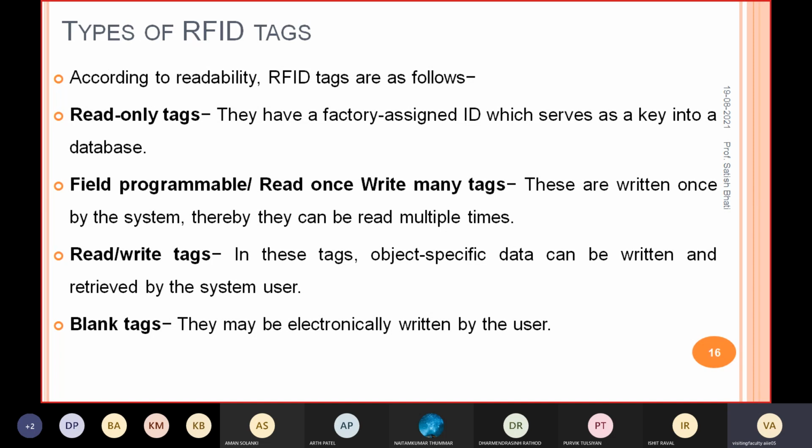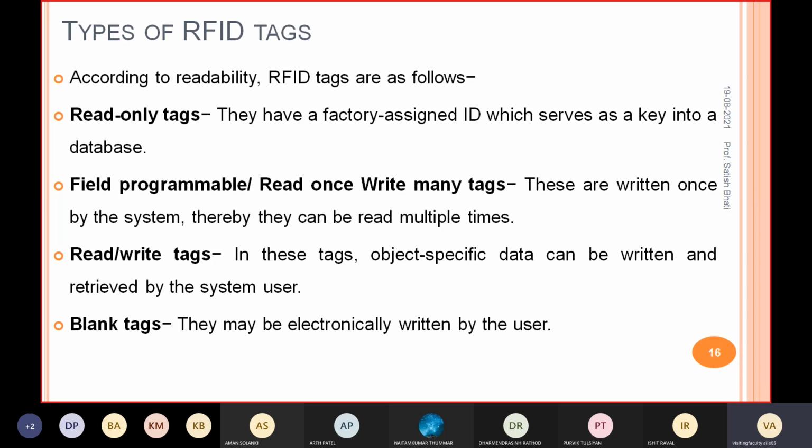Some RFID tags only have a serial number or a key, and those are read only. Whenever the manufacturers make those tags, they give the serial number, and that is fixed. Such tags are read only tags.